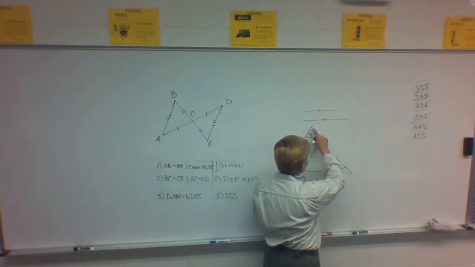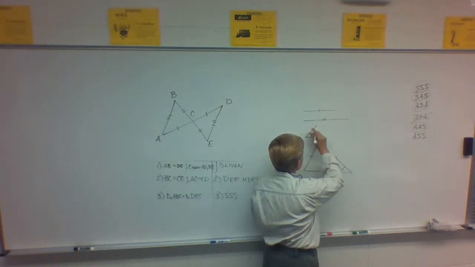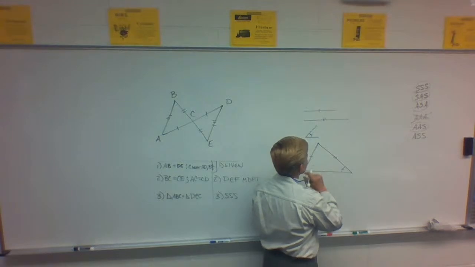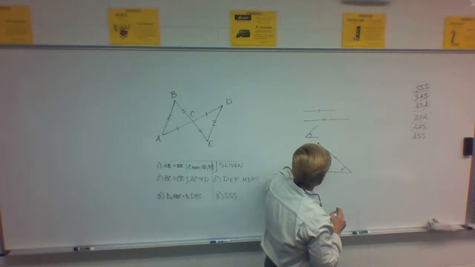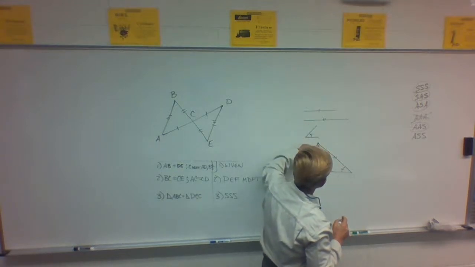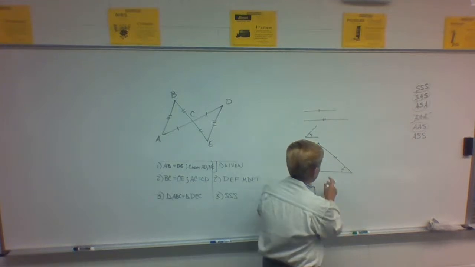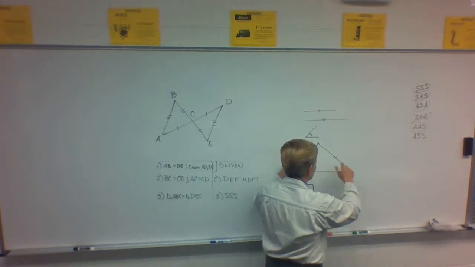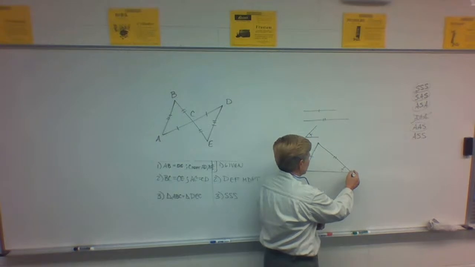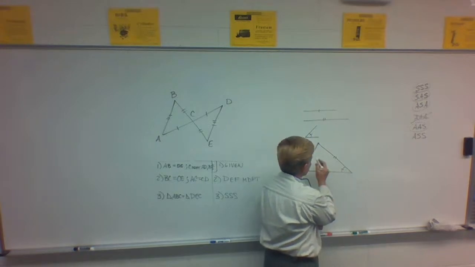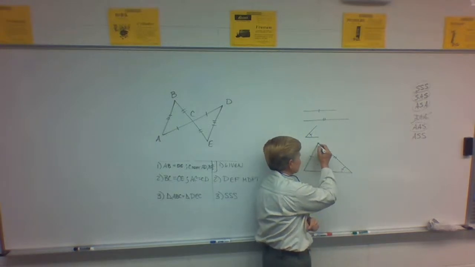If that's the angle that I had right there, and it doesn't have to be any particular size, let's make it small enough so that it looks like this one. And I put that stick coming off of here and this little stick coming off of there, and this side is not fixed, and there's still a brad up here. If I swung that, this one can't swing because this angle's fixed. This one could swing, and if I swung it like a